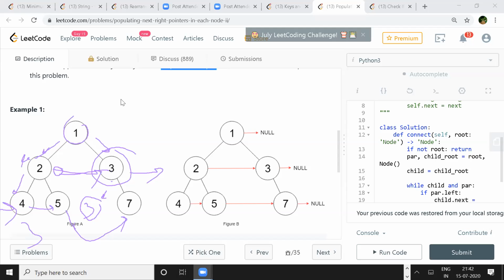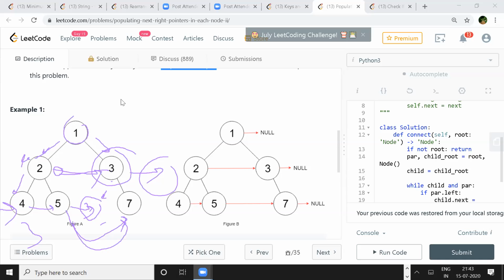If it doesn't have any leaves, we can keep on going further until we hit null. Or else, if it has, then we can see if any of them has any children. If it has children, we look for the left one first. If it has a left child, we immediately point 5 to that left child. If it doesn't have a left child, we look for its right, and if there is a right, we point 5 to its right child. Like that we can do it, but it's not a very efficient way of doing it. So Santosh, I would say, yeah.